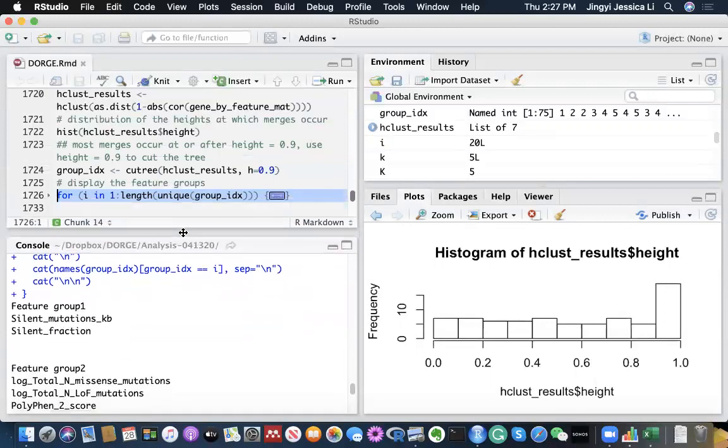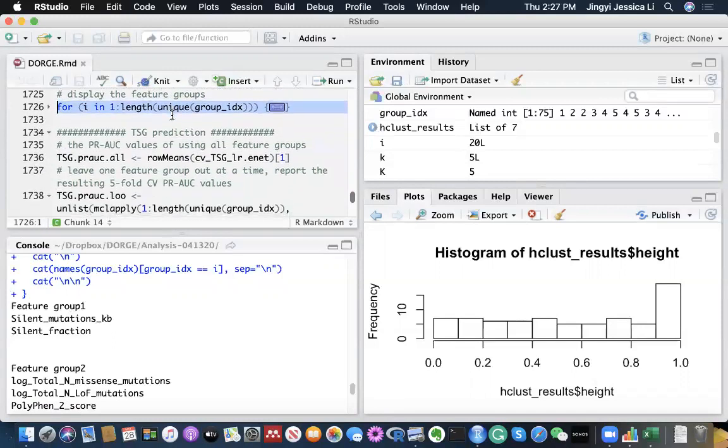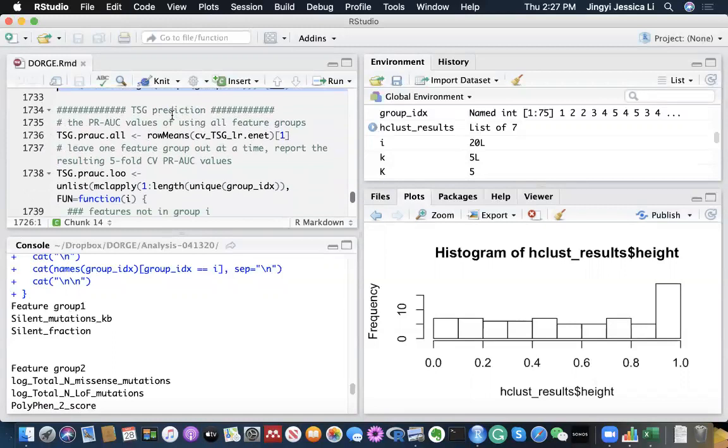This also makes sure that since I'm cutting at a distance 0.01, within each group the pairwise correlations must be at least 0.99, and between those groups we don't have correlations larger than 0.01. That 0.01 seems to be a very small correlation already. So this can guarantee that the correlation between groups is very small. That's the rationale. Okay, and then what I did is I tried to evaluate the group importance,